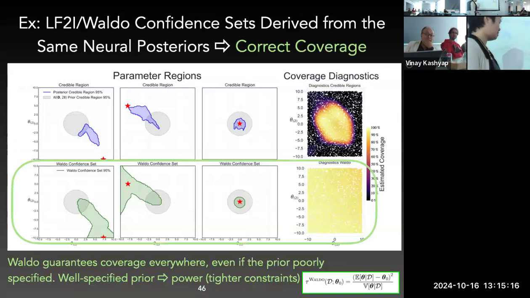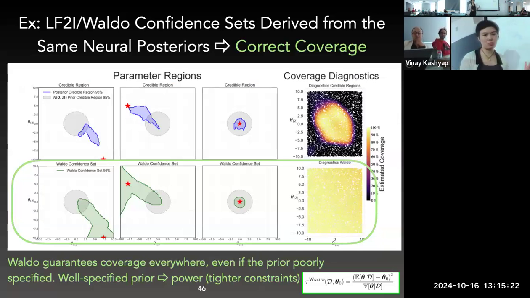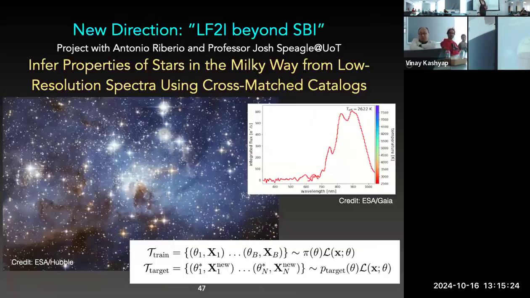Right, so here's the thing: we can guarantee coverage everywhere, even if the price pool is specified, but you have a higher price if you have tighter constraints. So maybe I've kind of done the main thing. Here's a new direction that I'm very excited about, because most people think of LFI as